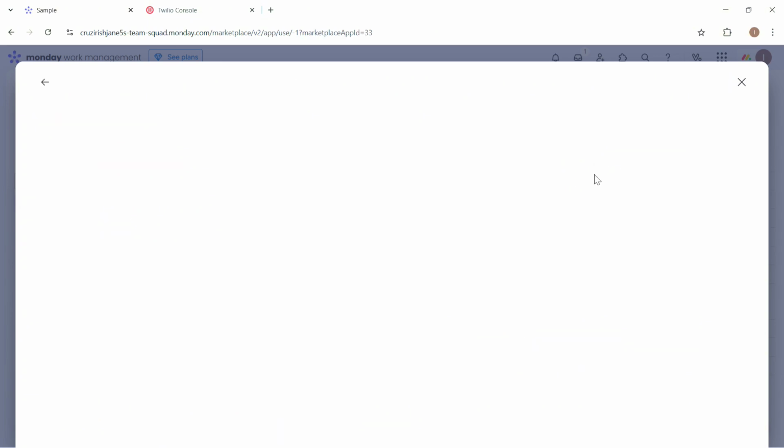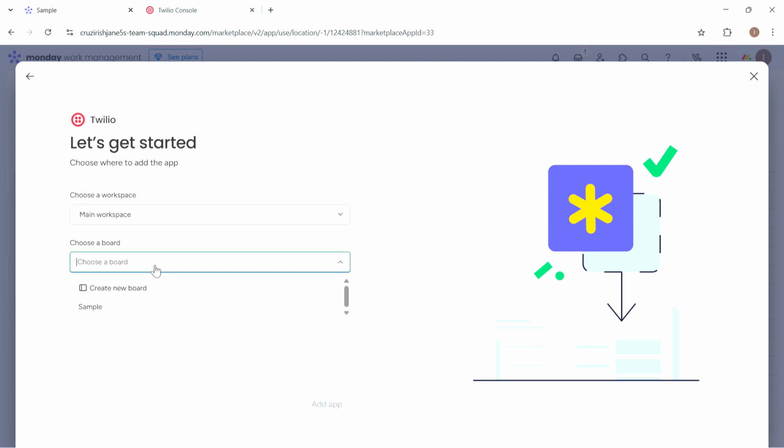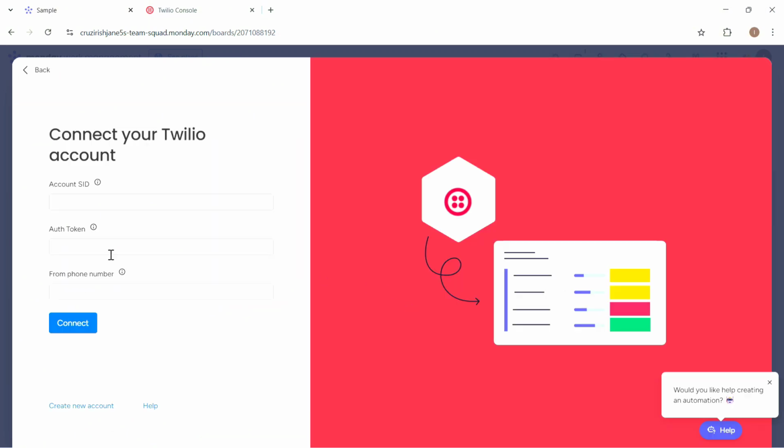Now once you click on that, that will take you here. So in here, you need to go ahead and choose a workspace and board where you want to add your Twilio app on Monday.com. And then after that, you need to go ahead and create your automation in here. So for example, I use this when a column changes, call someone and say template. So I'll simply click on this use template button and then I'll need to go ahead and head over into